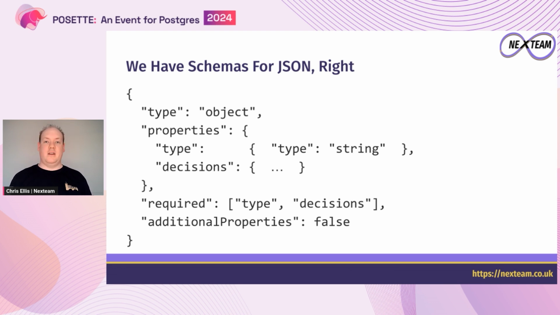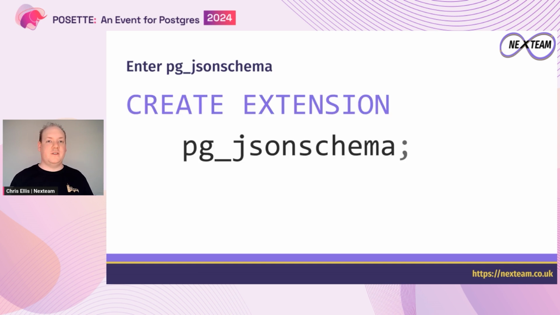in Postgres as well. And originally I thought it wouldn't be too difficult to write an extension to do this. Well, it turns out somebody's beaten me to that, Supabase no less. And there is actually an extension out there that you can go and download called pg_jsonschema. And that's going to let you use your JSON schema that you probably already have defined in your application to validate the data you're going to store in Postgres. So it's a simple case of installing the extension. The extension is written in Rust, so it's maybe not always available on every hosting provider. But you can go and download it and install it.